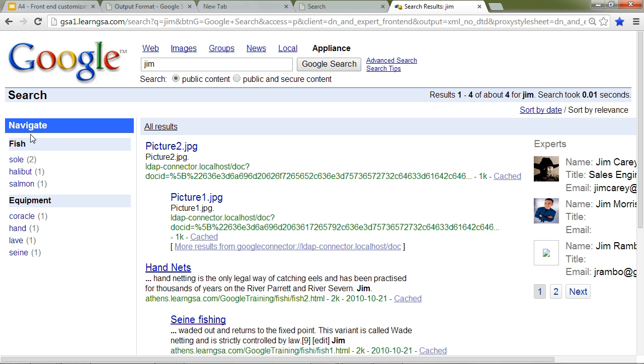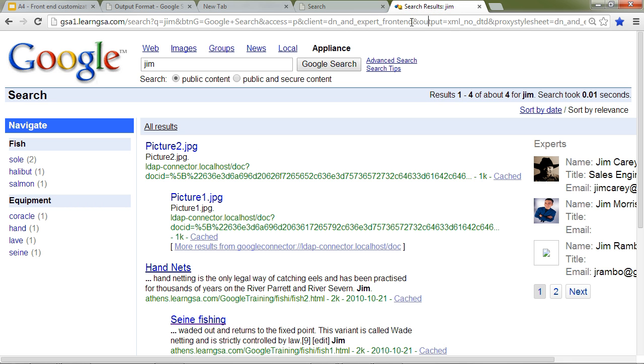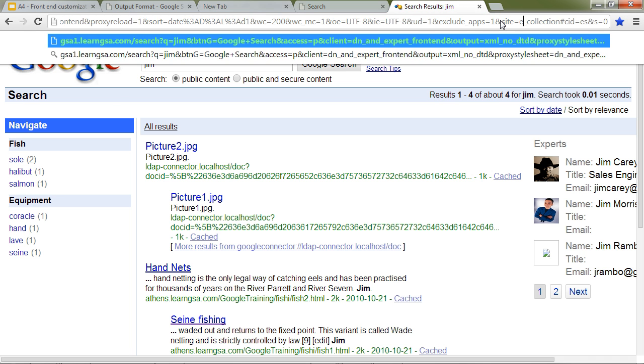And you'll notice now I get the navigation menu on the left, and I get my expert data on the right. But you'll notice that it's a little cramped, and some of this has to do with the length of some of these URLs. So of course, as we learned about in the last unit, I would want to exclude these URLs from the search. I can do that by changing the site. So if I scroll down here and find the site and choose everything except expert collection